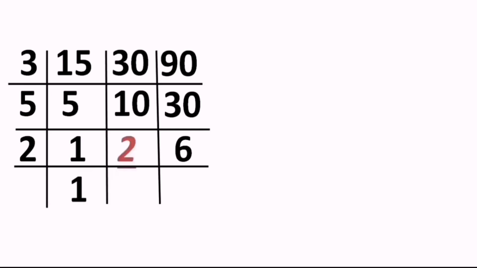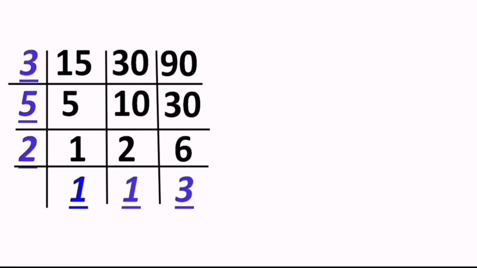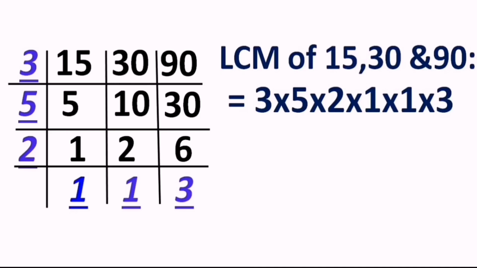Okay, when you divide 2 by 2, we get the answer 1, and when you divide 6 by 2, we get the answer 3. And now 1, 1, 3, the bottom numbers, are not present in the same table. The table of 1 can be utilized, but it is valueless presently. So we will move on. We have to stop here and take the bottom numbers and the numbers on the left hand side for the LCM. Okay, so here we go.